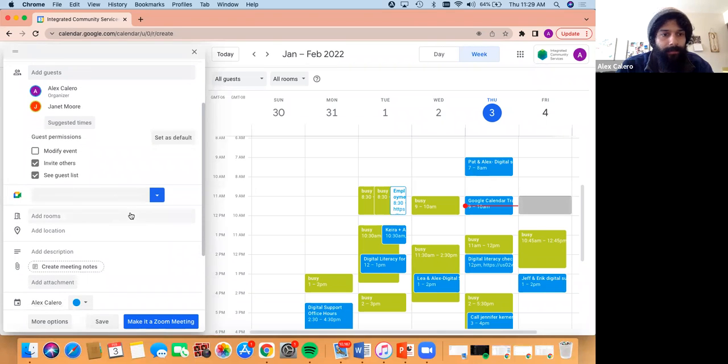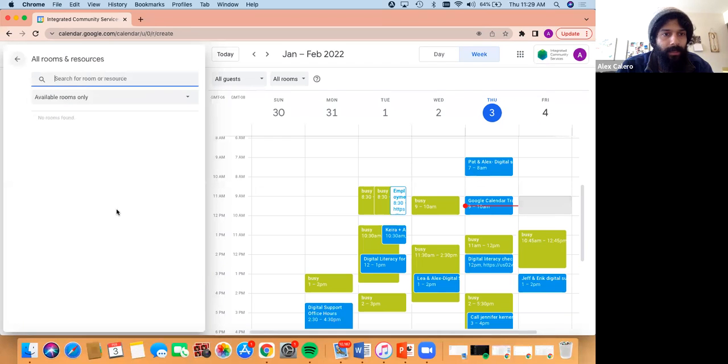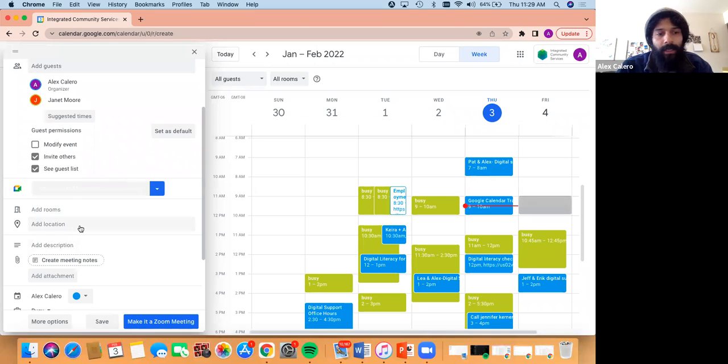Okay, and then add rooms. You usually don't need to do that. But you could add a location. Let's say if you were meeting with a coworker or a friend at the movie theater,